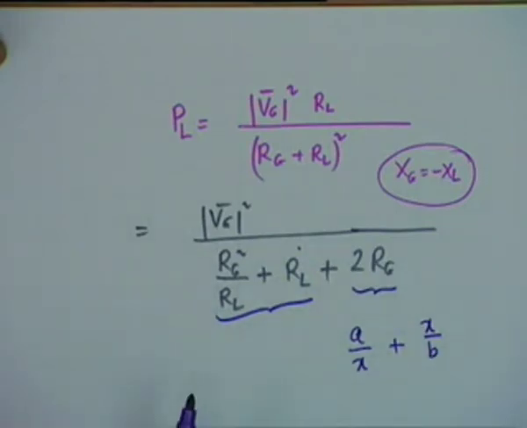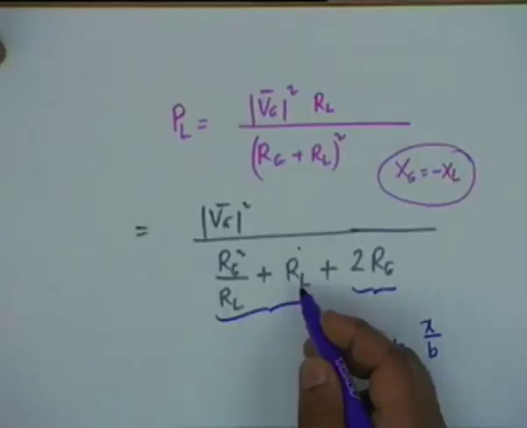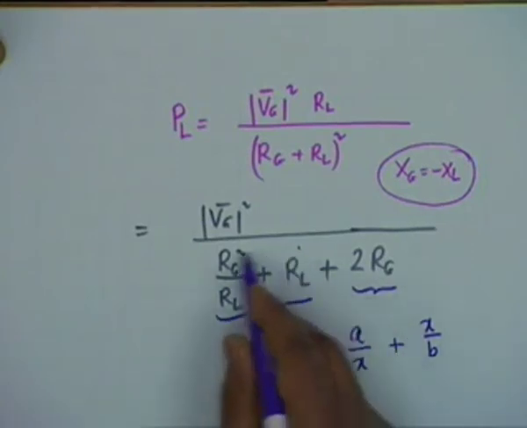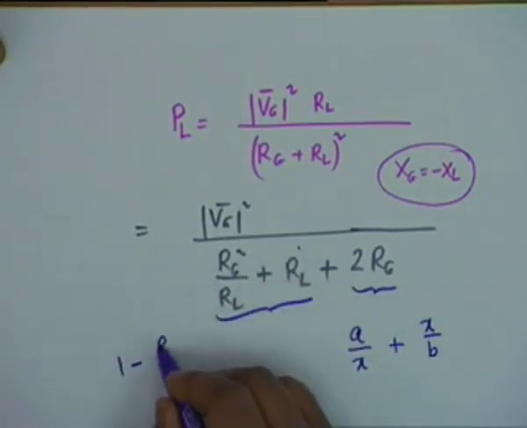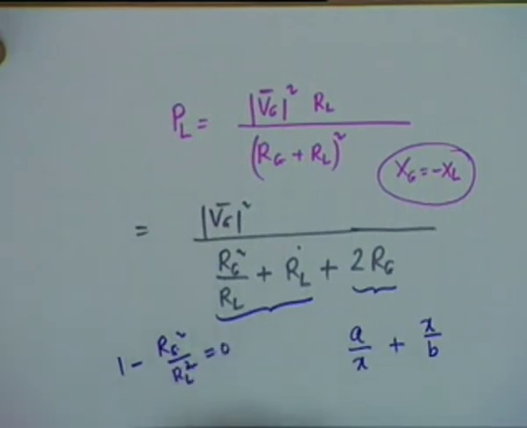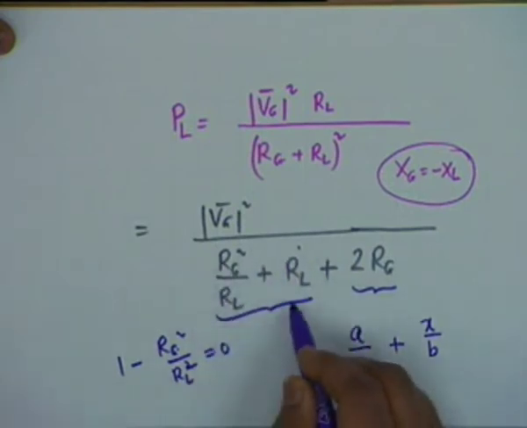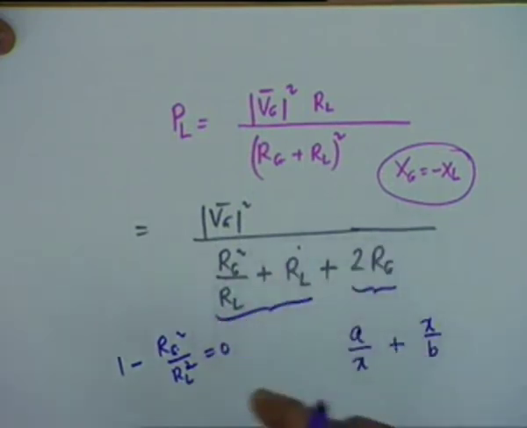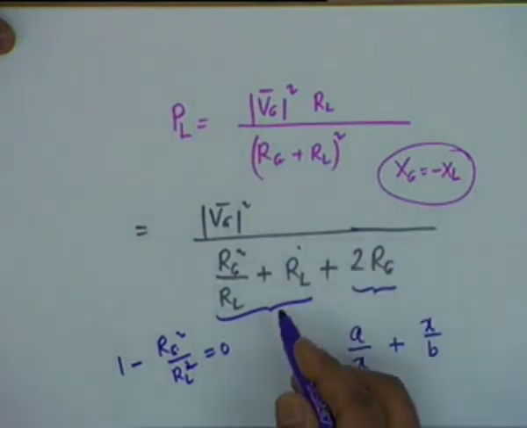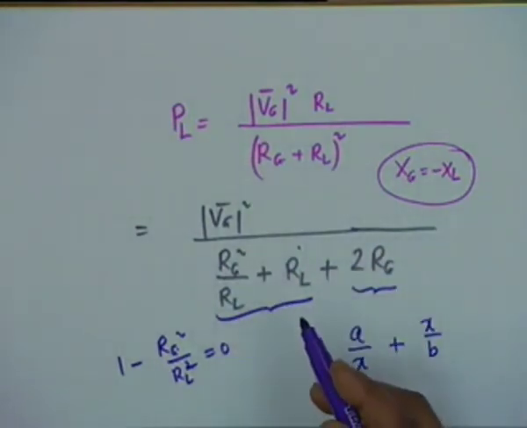the two are equal. You can verify this by differentiation, that is, d/dRL of this expression would be 1 minus Rg squared divided by RL squared, and if you put this equal to 0, obviously what you get is Rg equal to RL. Is that all right? No differentiation is needed. If you can put it in this form, then the minimum value of this, not maximum, mind you. Maximum obviously is infinity. When RL goes to infinity, the maximum is infinity, or RL goes to 0.